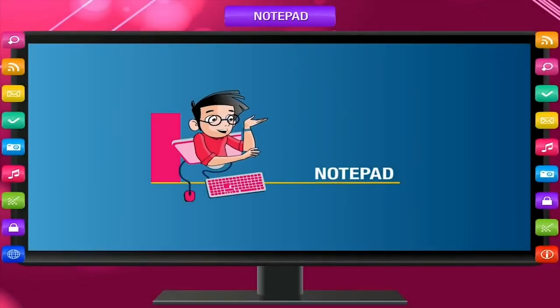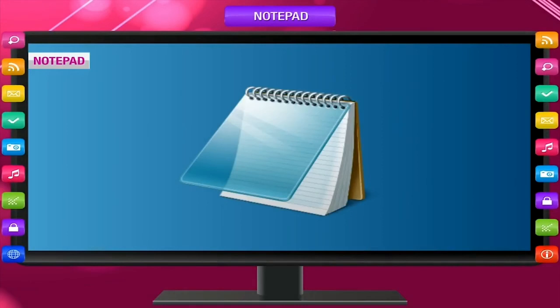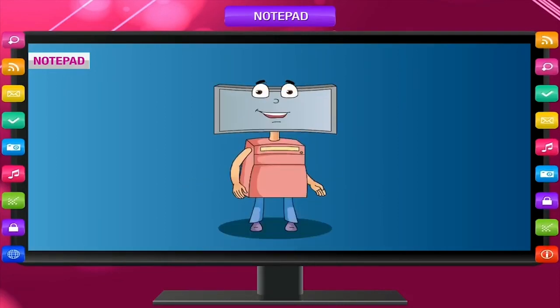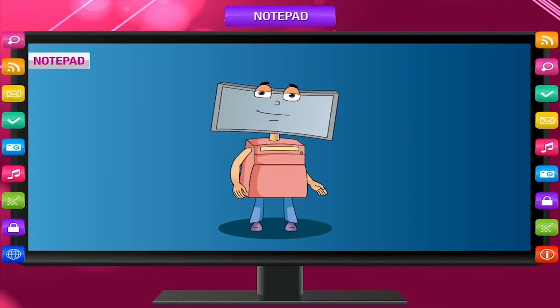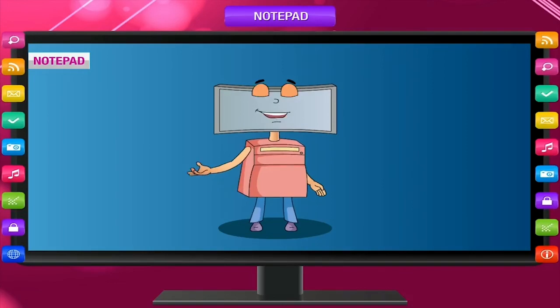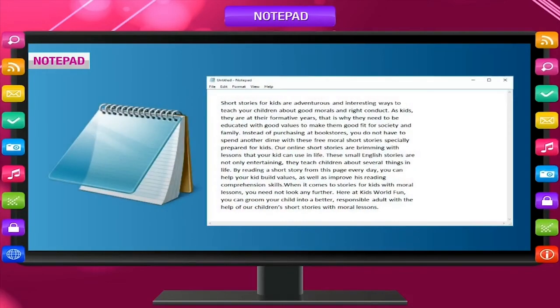Let's discuss about Notepad. Notepad is a very useful application software that you can use to type or write simple text. You can use a notepad instead of using a notebook. It has unlimited pages. Moreover, in case you write something wrong, you do not need to write all over again. You can make the correction in the same page. Making correction in the text is known as text editing.